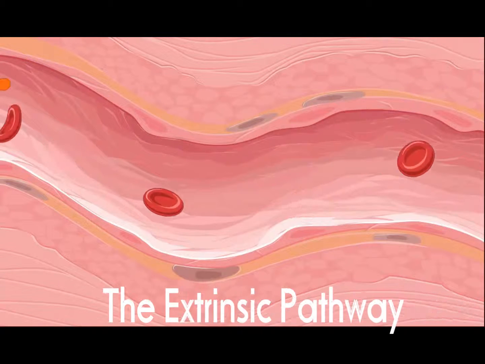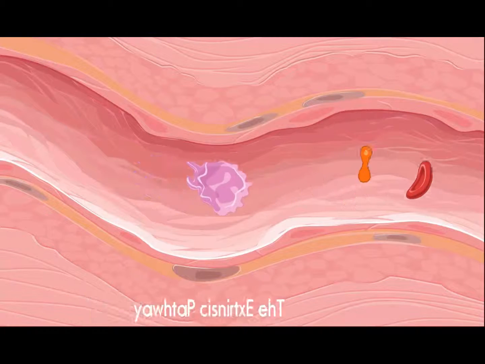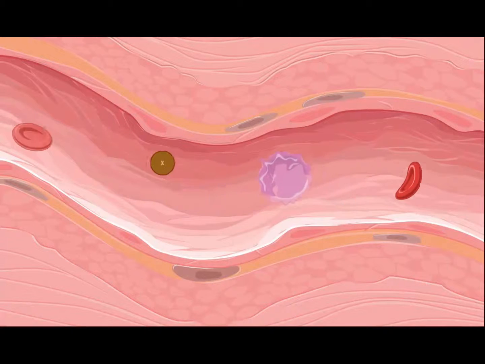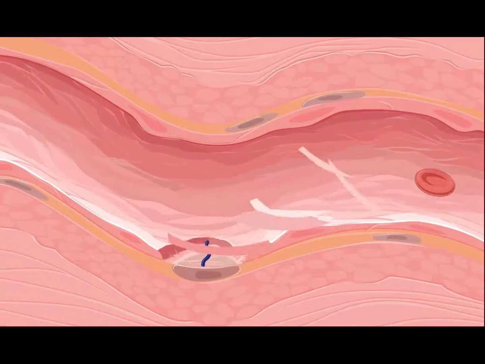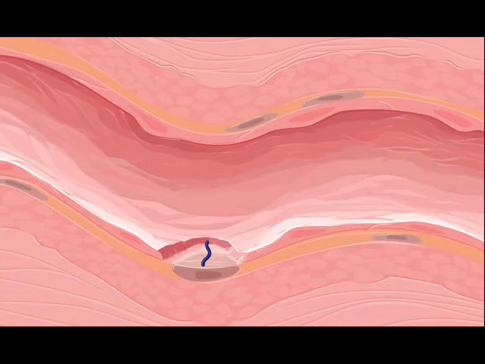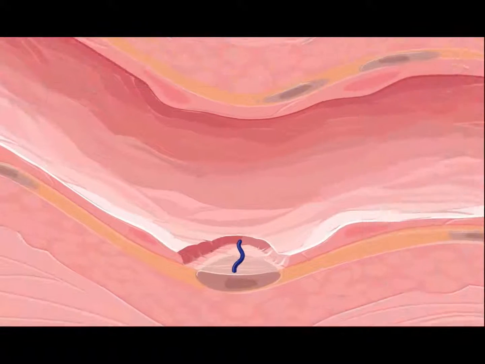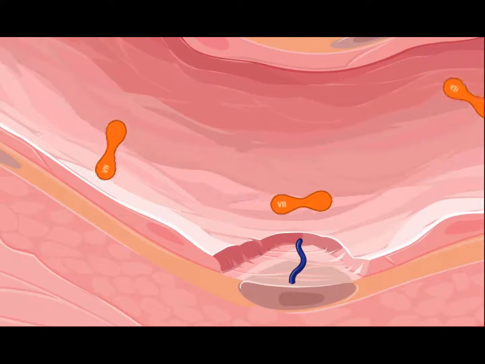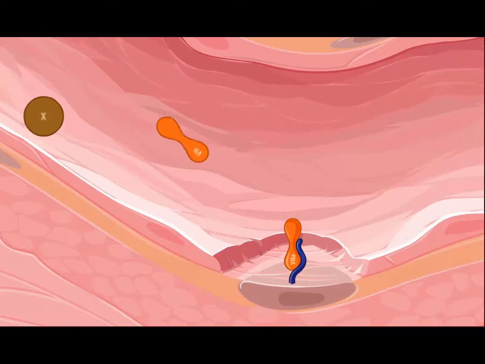Unlike the intrinsic system, the extrinsic system, as its name suggests, requires components extrinsic to the blood to initiate the coagulation cascade. Disruption of the endothelium exposes the subendothelium, which expresses tissue factor on its cell surface. Tissue factor is depicted as a serpentine tubular structure here. Once tissue factor is exposed to the blood, circulating factor VII binds to it and forms a tissue factor-factor VII complex, which promotes the autoactivation of factor VII to factor VIIa.